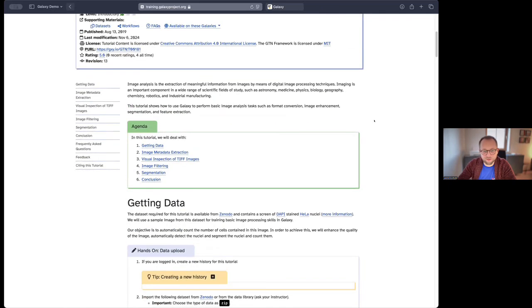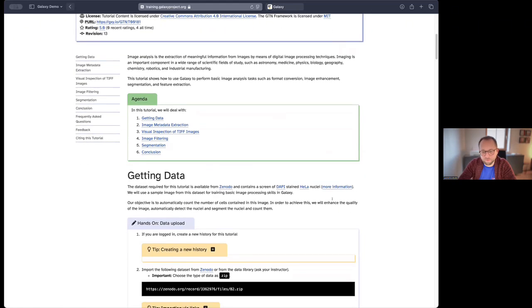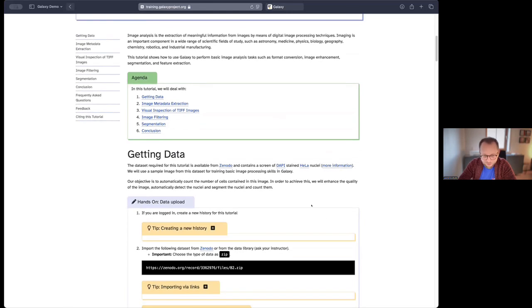What we are concerned with here is an image that has DAPI-stained HeLa nuclei. We will see how it looks in a moment.